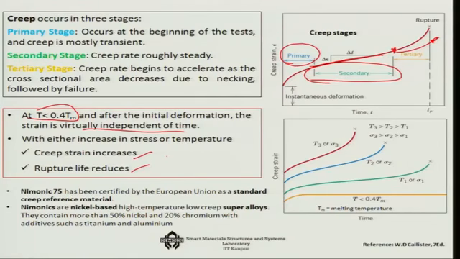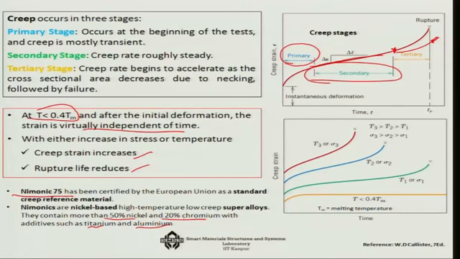Now, to do all these things, we use Nimonic 75. This is a EU, actually European Union standard, as the creep reference material. So, any new material you want to test, you test it with respect to Nimonic. These Nimonics are basically nickel based super alloys, okay, and they contain about 50% of nickel and 20% chromium, with some additives such as titanium and aluminum. So, with respect to this reference, you can actually measure what is the creep that is happening to the